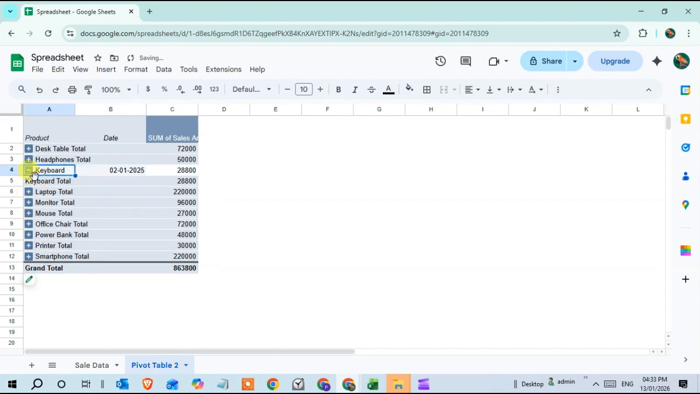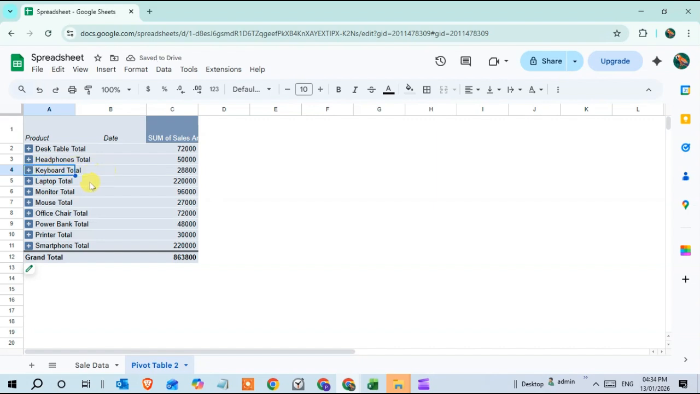And here you can see the product is expanded in keyboard total. Okay, total here indicates, and date is also showing here. Okay, when I click on the minus sign, the product is collapsed. So, to remove this collapse option,